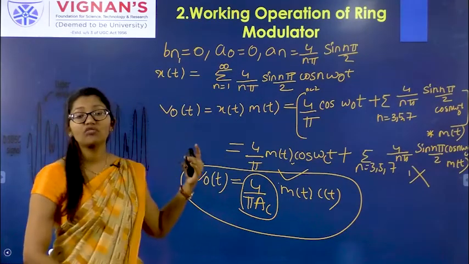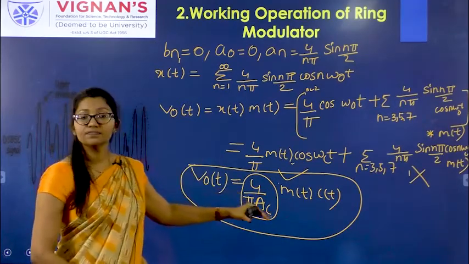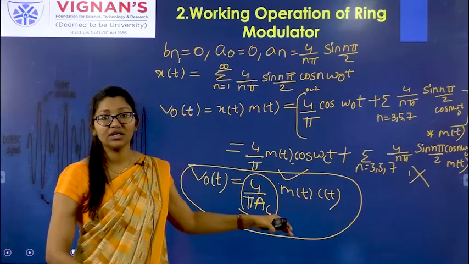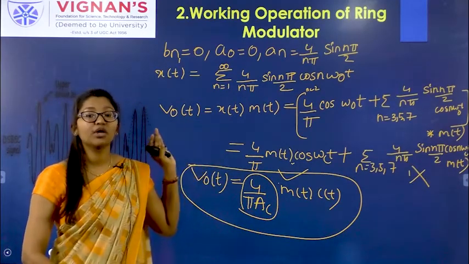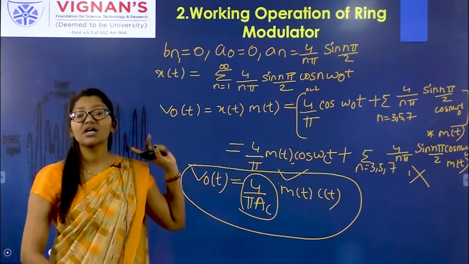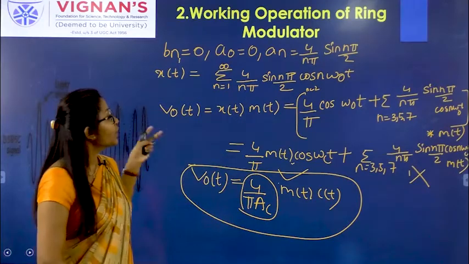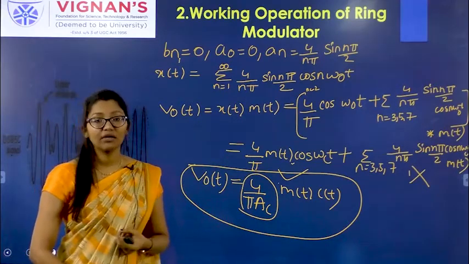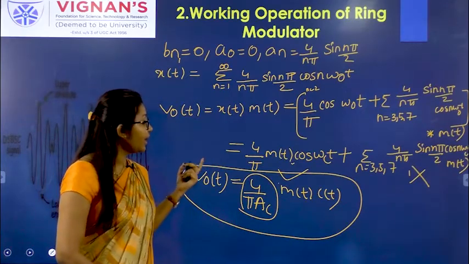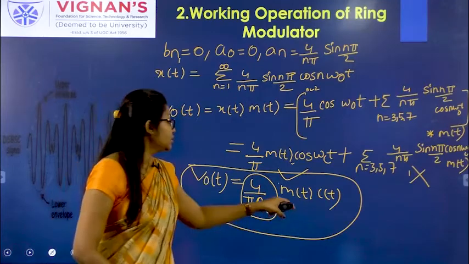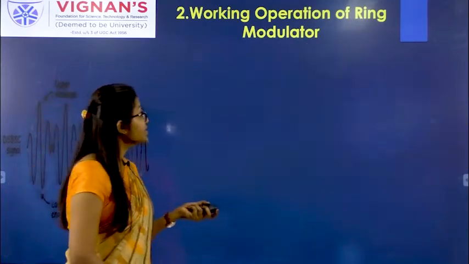And in the second mode of operation, we have seen how the DSB-SC signal was generated by using the modulating signal. With respect to the modulating signal, we have considered two cases, positive half cycle and negative half cycle, which we represented as a periodic waveform. From the periodic waveform, we generated the Fourier series terms, and in the final output you get the DSB-SC generation. Clear? And next we will solve.